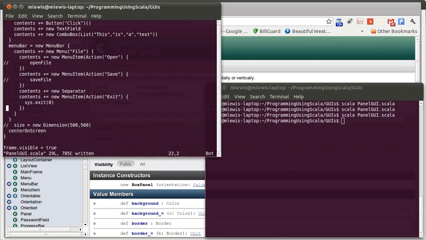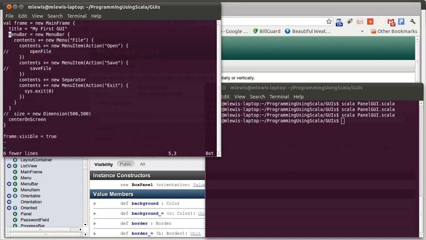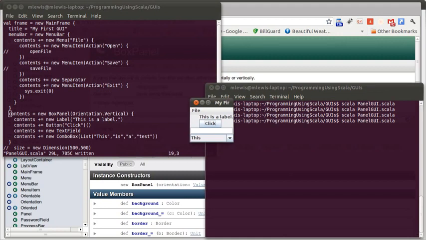Actually, the reason why we lost the combo box was once again because of order. We saw in a previous video that setting the size before the contents, you lose the size. Here the problem is that we're setting the menu bar after the contents, and setting the contents repacks the window. Setting the menu bar then takes up some of that space and causes us to lose that one element. So if we move this after the menu bar but before the size, and we run this again,